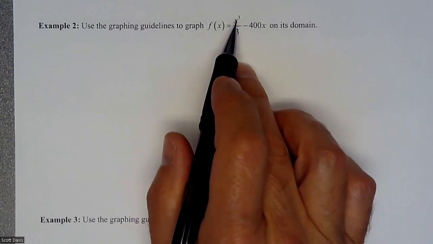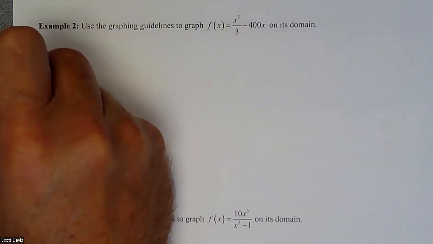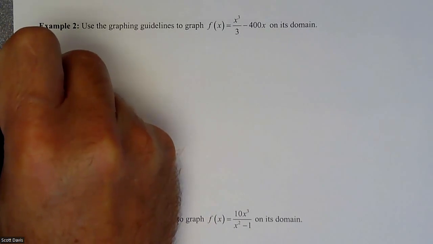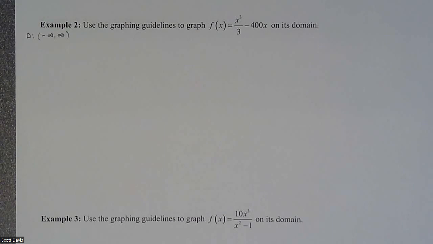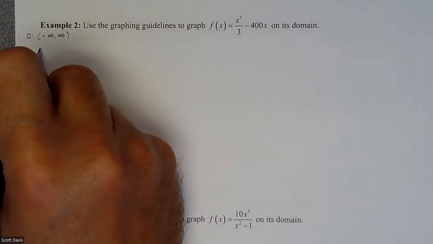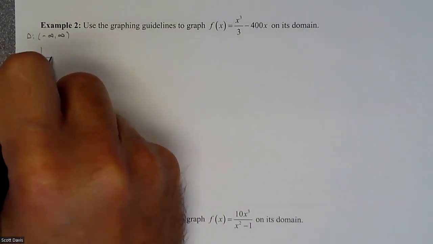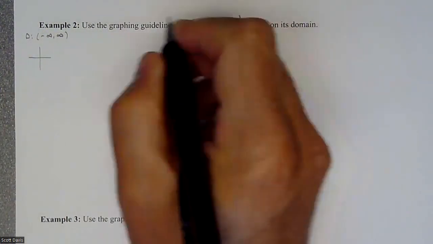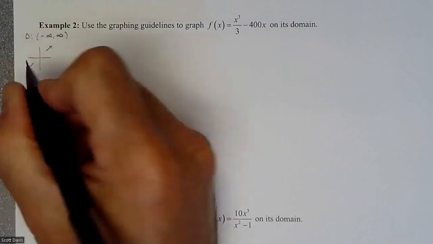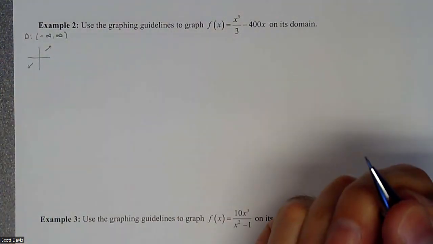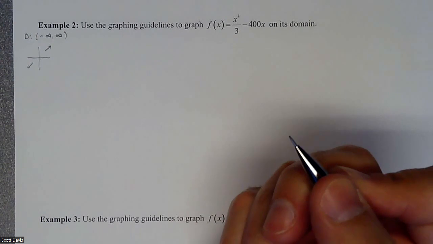We have something that's an x to the third, and so we have no domain issues that we need to worry about. So our domain is going to be everything. And then end behavior, I have a positive x to the third, so I know that this is going to be heading in this direction and this direction. And then we can do our